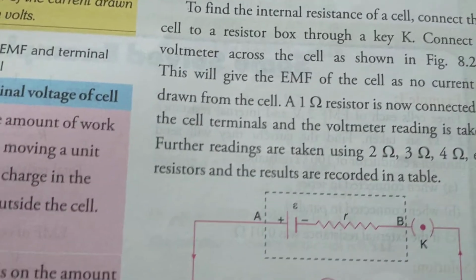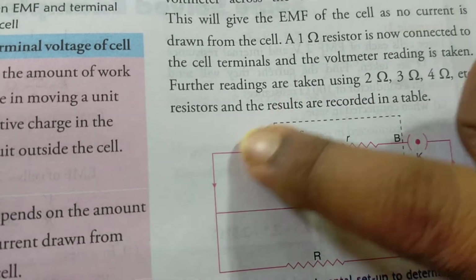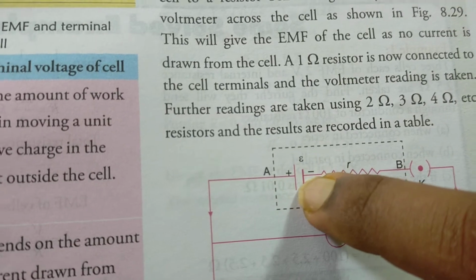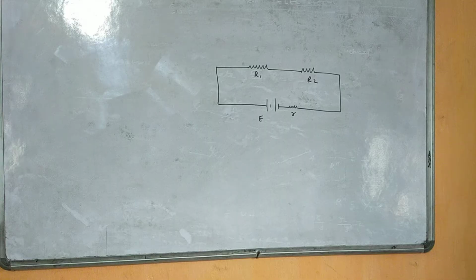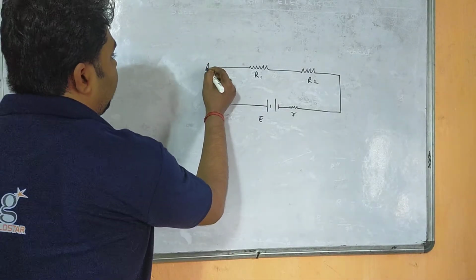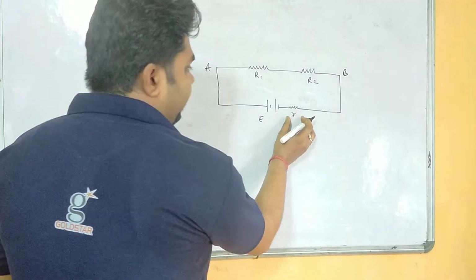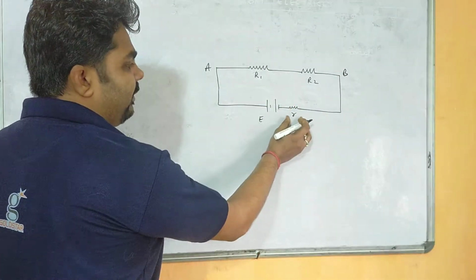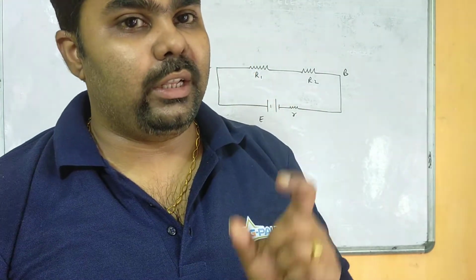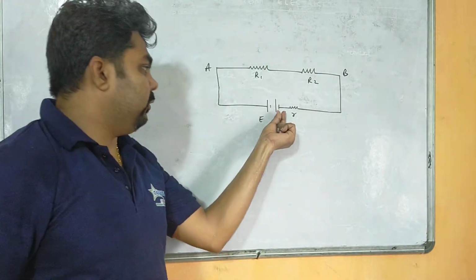Internal resistance is denoted by a small r. So when I say the circuit has an internal resistance of 2 ohm, that means you need to draw 2 ohm across the negative terminal. On the board you can see one diagram that I have made, with points A and B. These two resistors are connected with one battery, and there is an internal resistance in the circuit, the resistance offered by the electrolyte, cathode and anode in the battery. This internal resistance is always connected with the negative terminal.